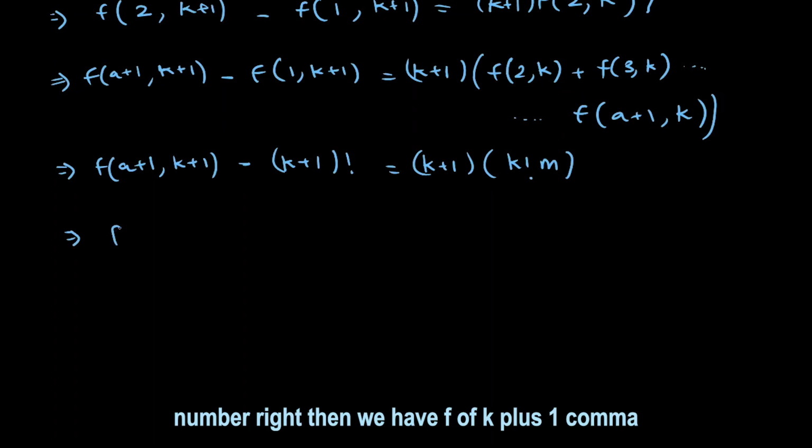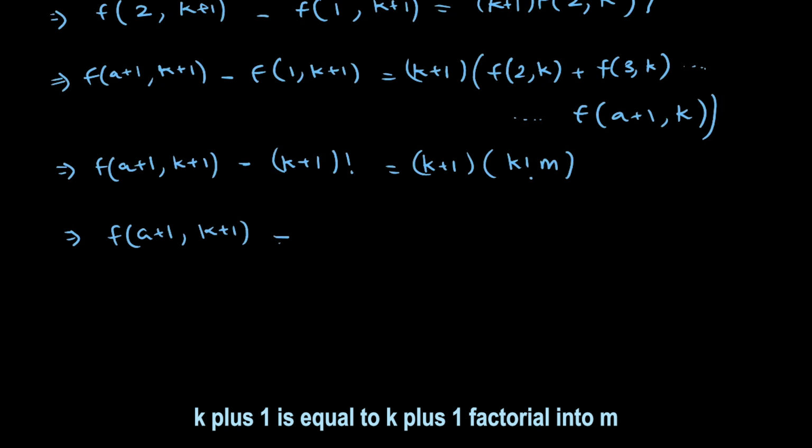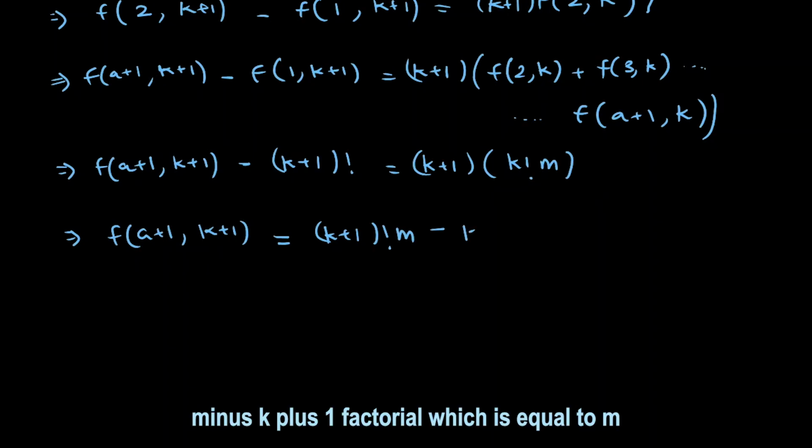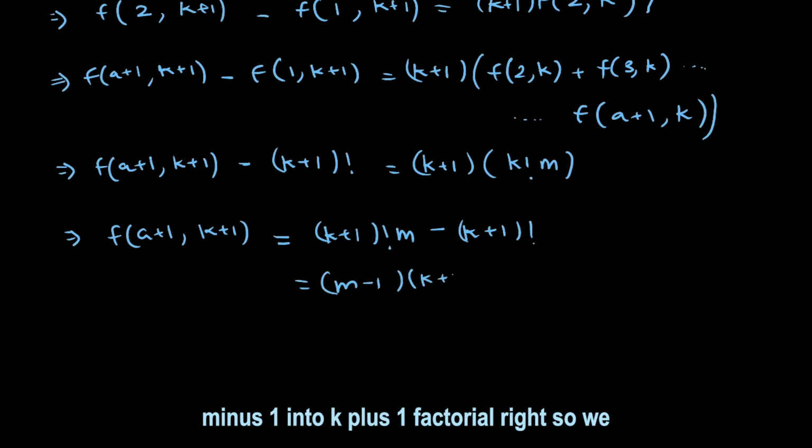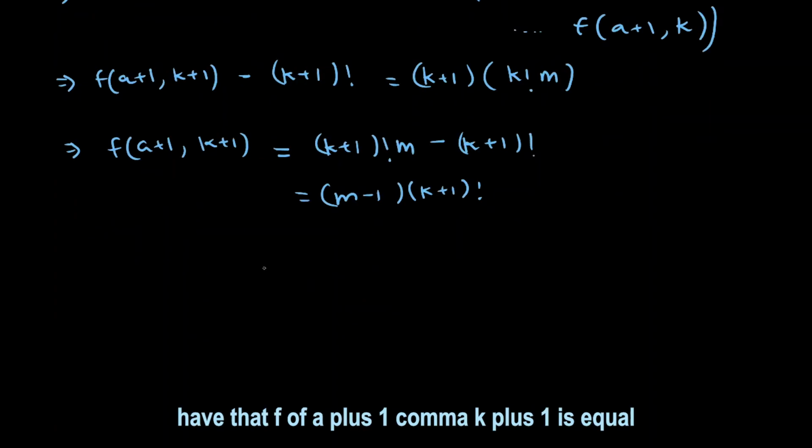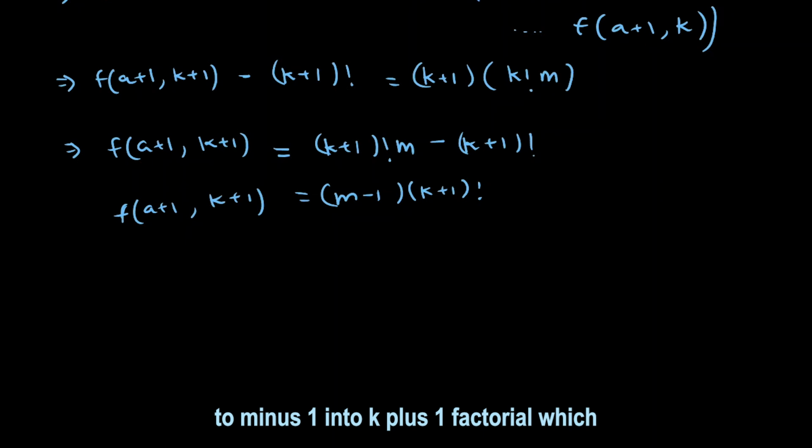So then we have f of a plus 1 comma k plus 1 is equal to k plus 1 factorial into m minus k plus 1 factorial, which is equal to m minus 1 into k plus 1 factorial, right? So we have that f of a plus 1 comma k plus 1 is equal to m minus 1 into k plus 1 factorial, which means that